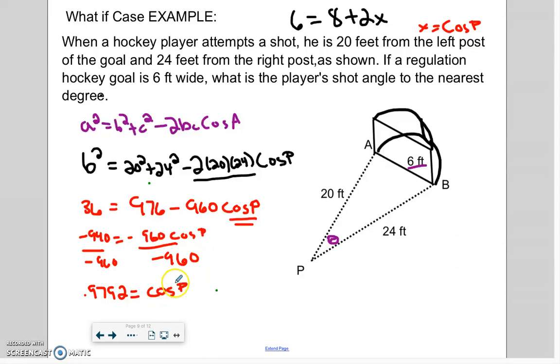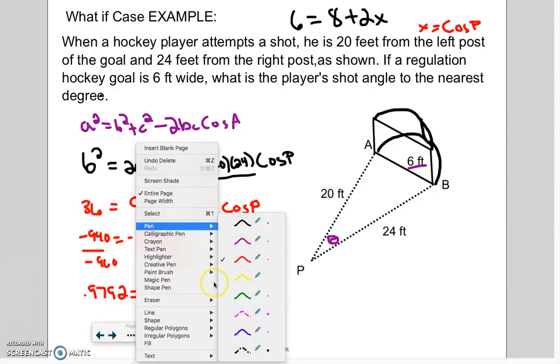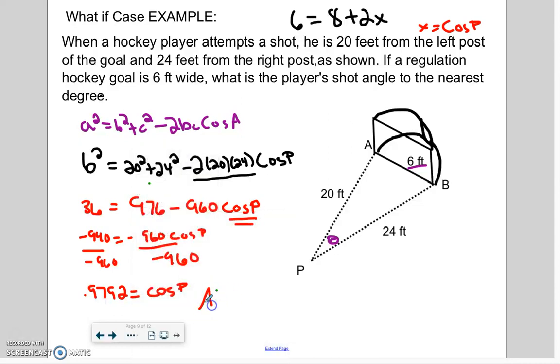But in this case, we're not finding the reference angle, we're finding the exact angle measure of P. Since we're looking for an angle, we're going to take arc cosine, or cosine inverse, of 0.9792. So it tells us that angle P is going to be